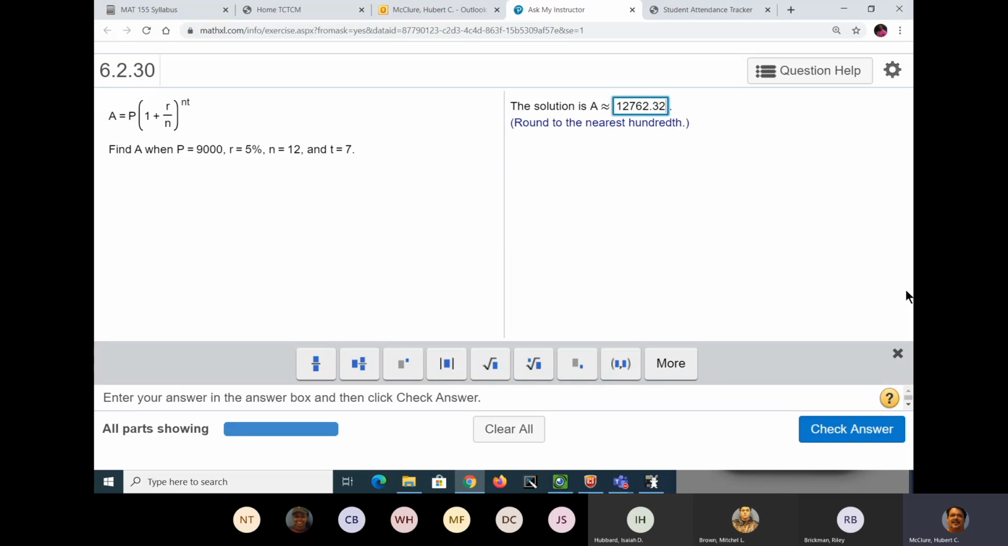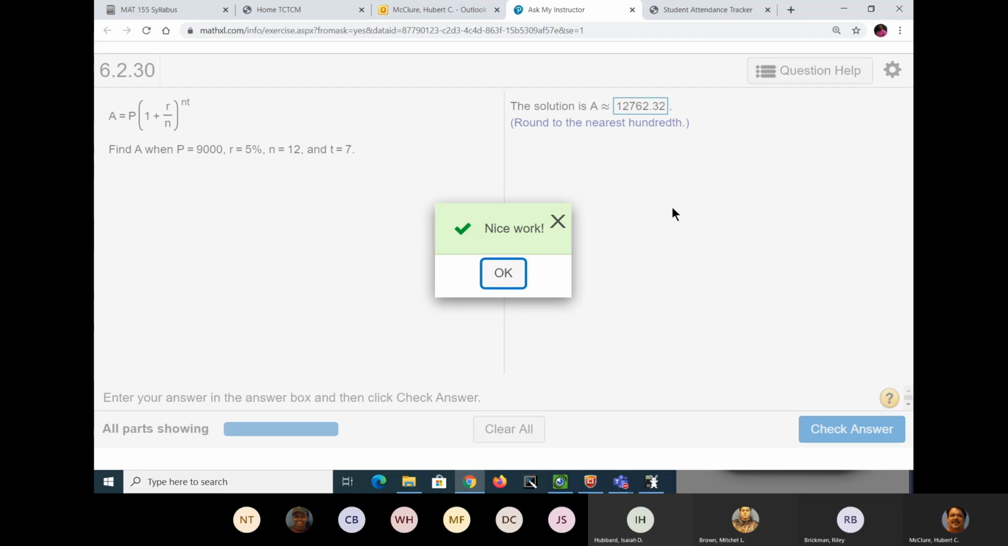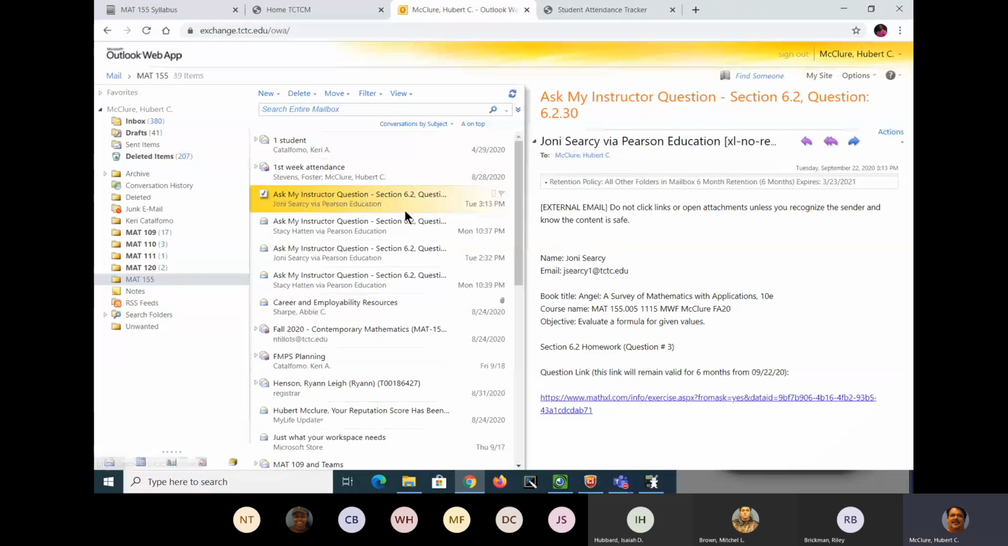$12,762.32, and we feel good about ourselves. So at the end of 7 years, you've basically made what? $3,000? That's not bad for not doing anything. Okay, so that's that one. Got one just like it,